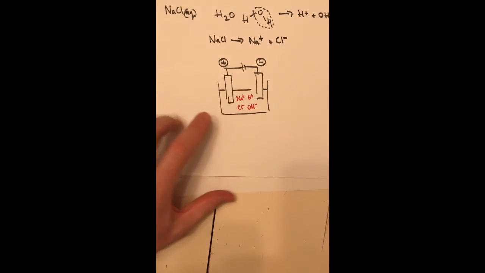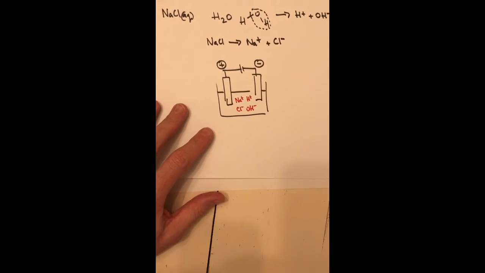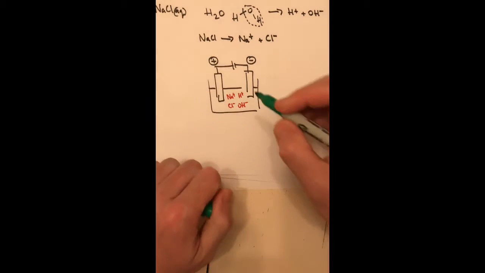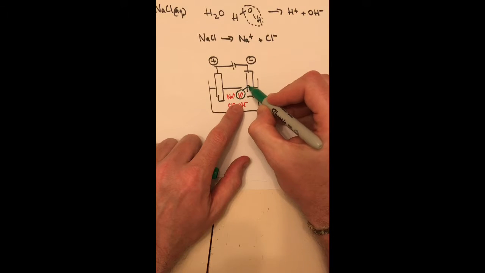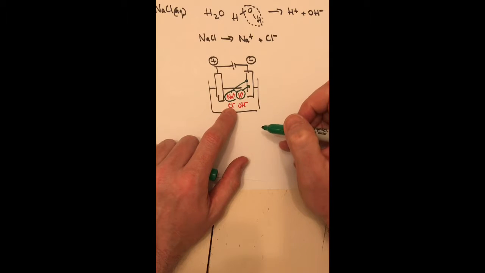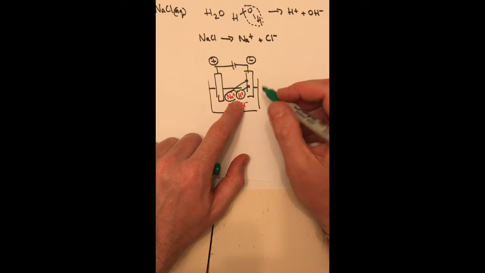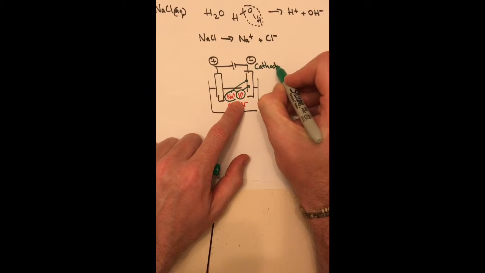Remember, this is a DC, direct current supply, and once this starts to work, the positive ions are going to migrate. So these positive ions are going to migrate towards the negative electrode. So these two go that way, okay? Why did it do that? Because opposites attract. These here, because they are positive ions, are called cations, and these cations therefore migrate towards the